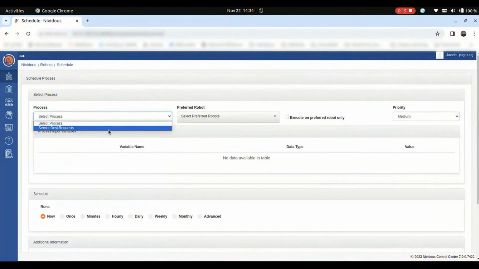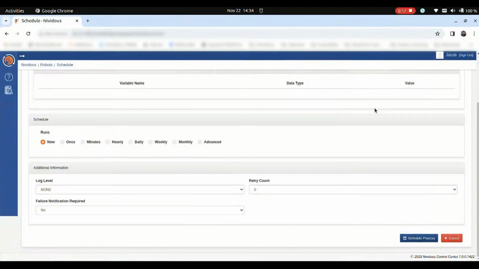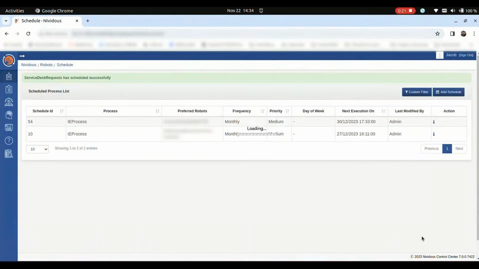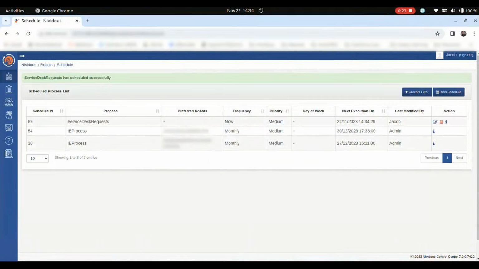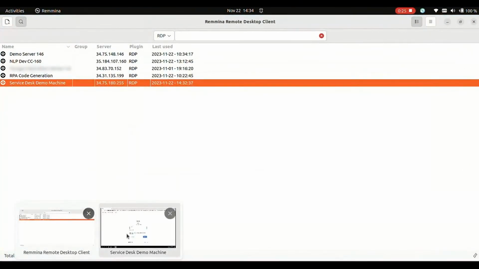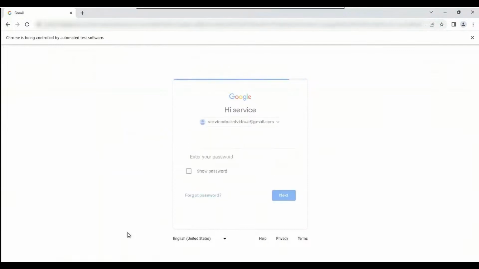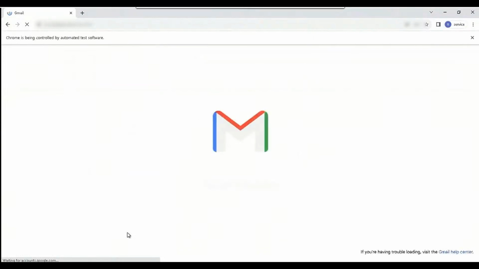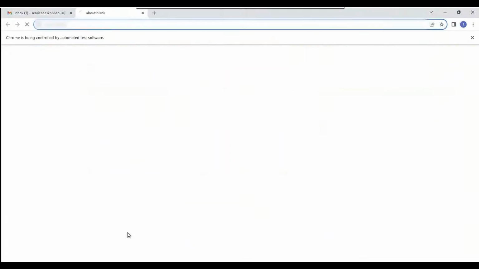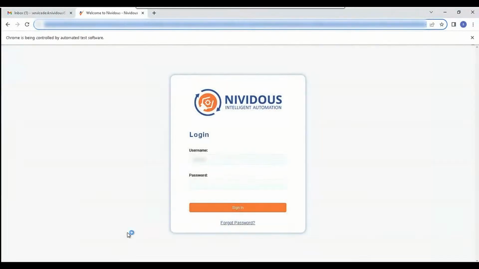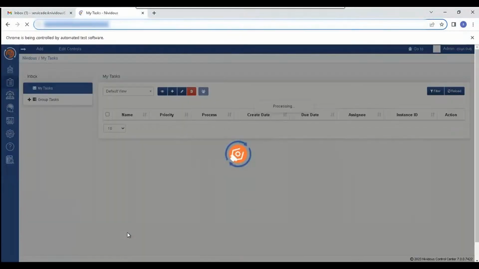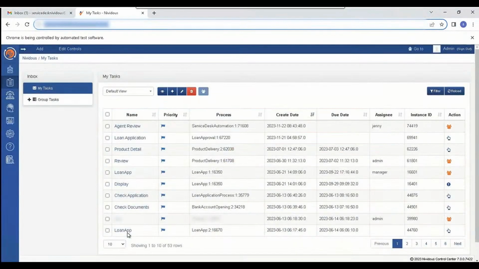Now, this isn't typically what happens with our automated processes. Typically, they run at regular intervals throughout the day, or they can respond to certain system events. Now, with the bot started, the bot is going to be logging into the service desk, which is email-based, and it is going to begin to take some action on an email that it has received to change the address in a particular insurance policy.